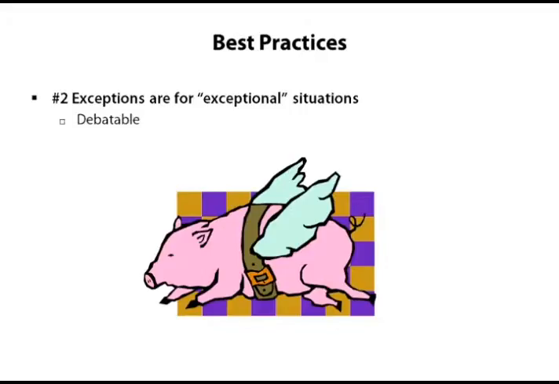Exceptions are really for error conditions. If you follow that spirit of using exceptions, you're going to have a lot fewer exceptions littering your code, and your code's going to be a little bit more performant, because using exceptions is not the most efficient way to, for example, exit loops or to jump around in your code.